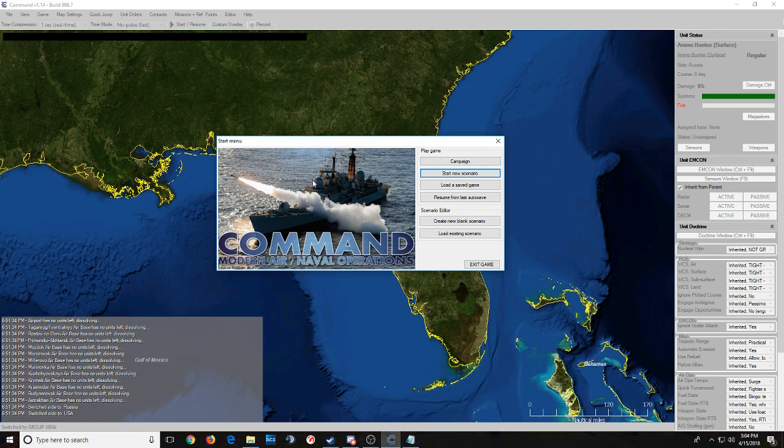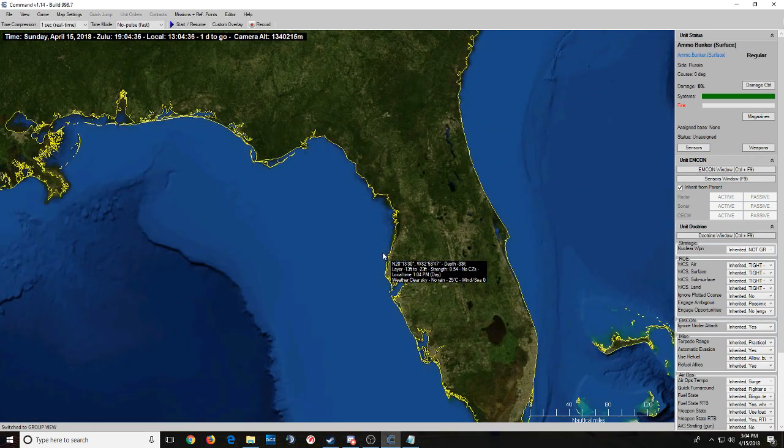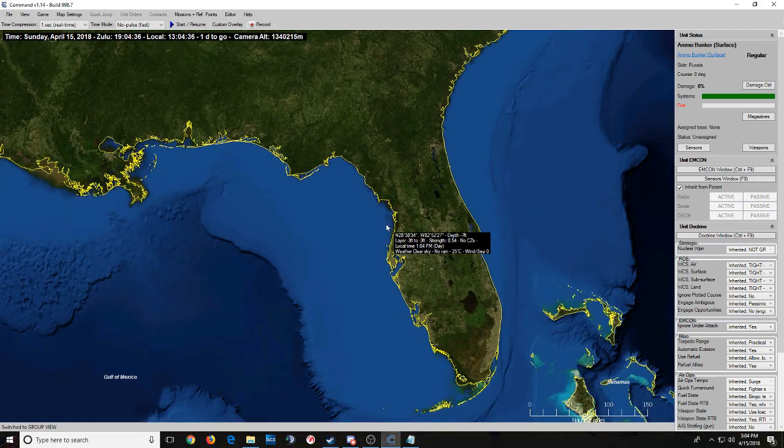So we just fired up Command. Of course, the first thing we're going to do is create a new blank scenario. We're currently over Florida, which I believe has plenty of military bases, so we can definitely demonstrate the import and export functions. But before we do anything of the sort, the first thing that we need to consider is